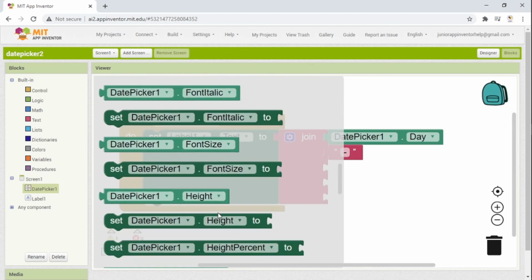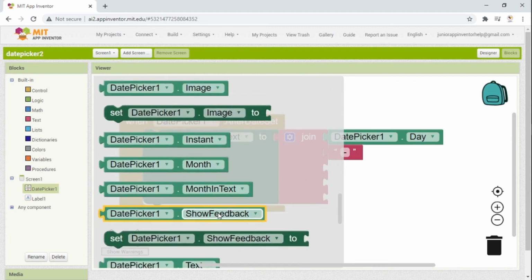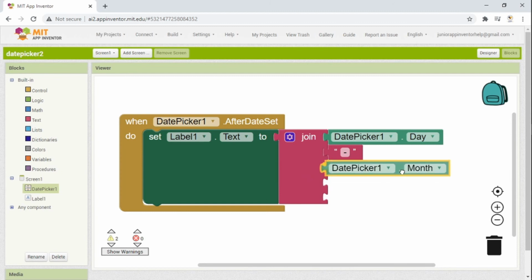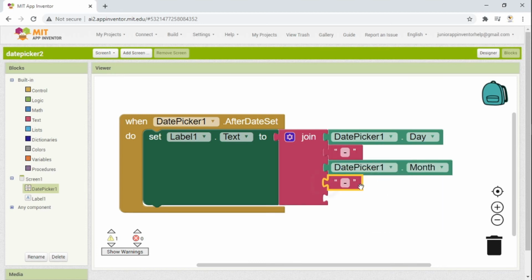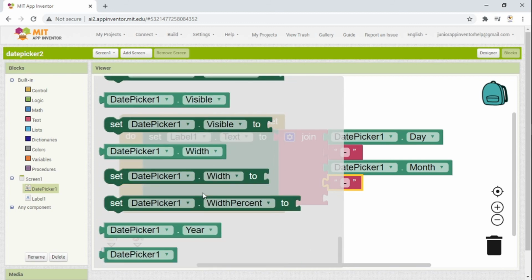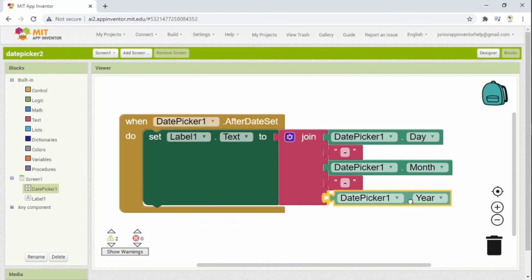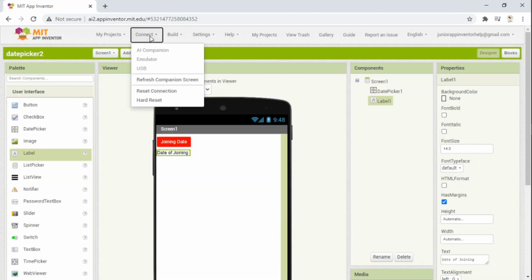Then we take another dash to separate the month and year, and now we get the year. So the work is done. We go to the designer part and test our app.